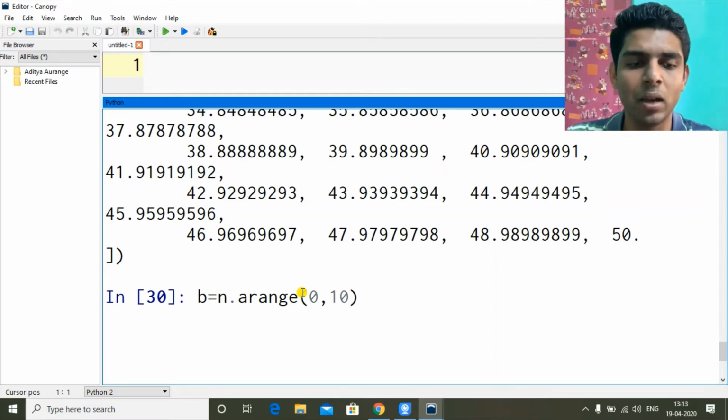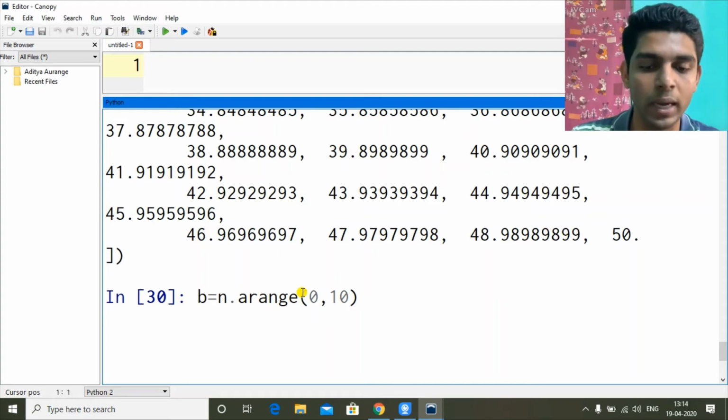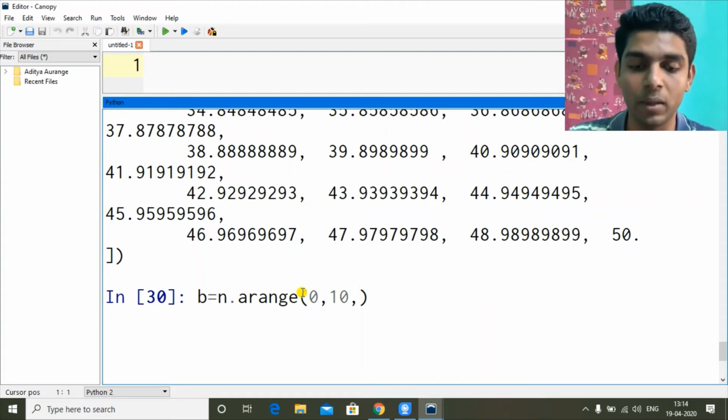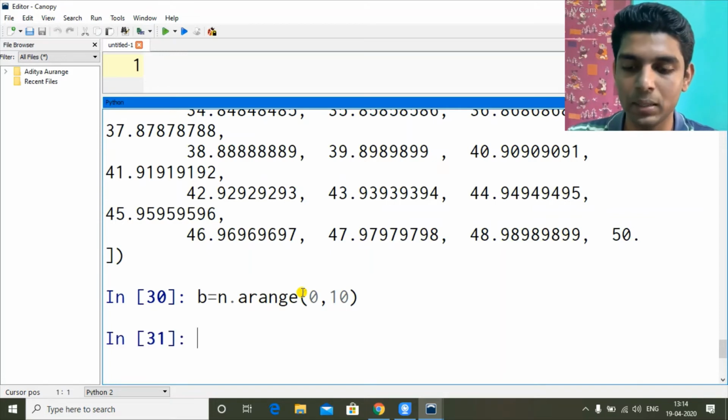Just like the normal range function, the value stops one value before the ending value we are giving. So it will actually range from 0 to 9. The values included in the range will be from 0 to 9 depending on how I am giving the stepping. The default stepping is 1 only. If we don't give anything, it will take stepping as 1. We will see what stepping is.